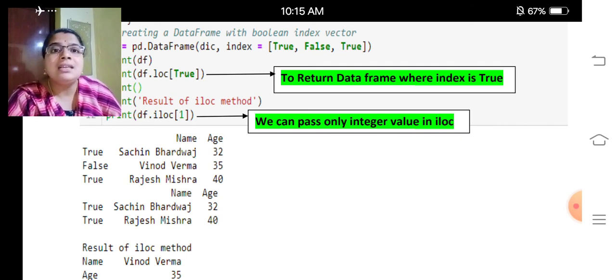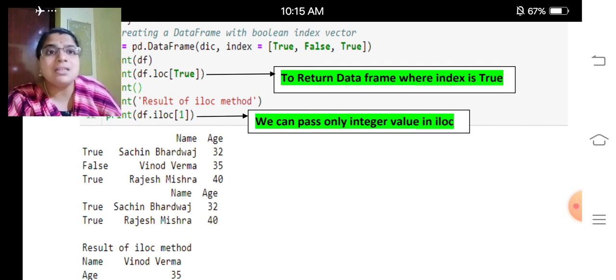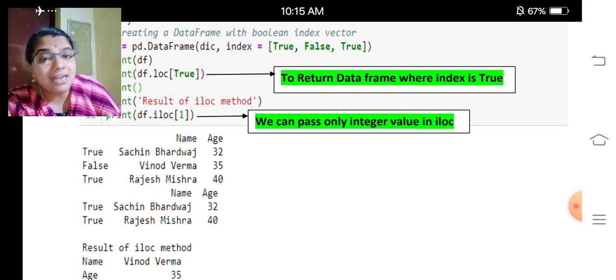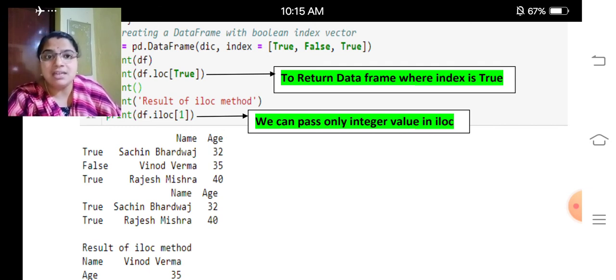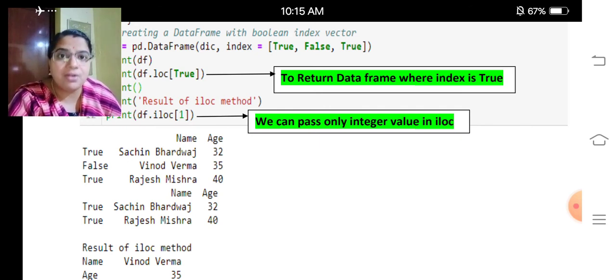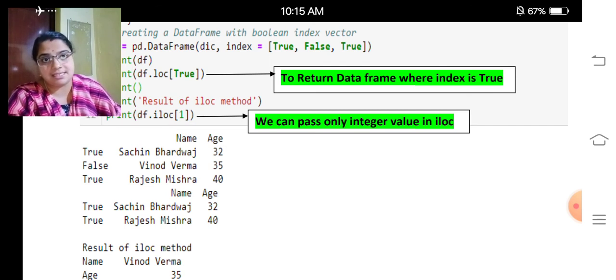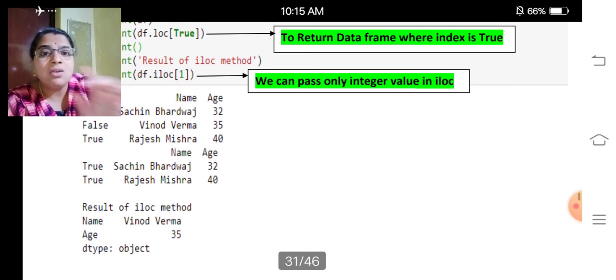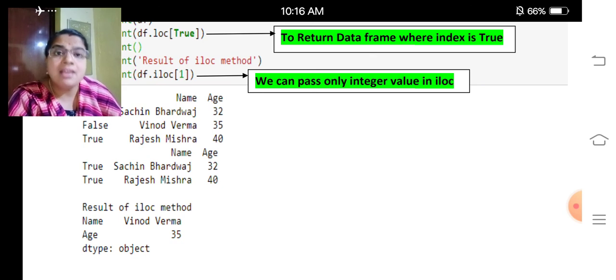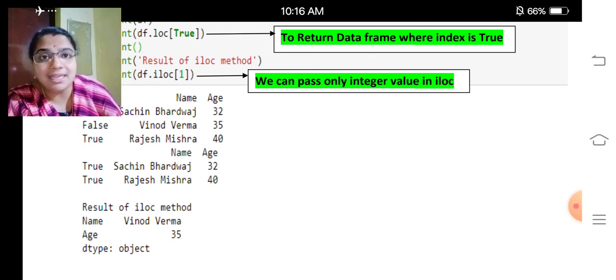So look at the second print statement's output. It returned the data frame where the index is True. My dear children, that is why we got Sachin and Rajesh, because those two have True as their index. Then what about the next one? Result of the iloc method. Here we selected only 1, so it will select only index 1.